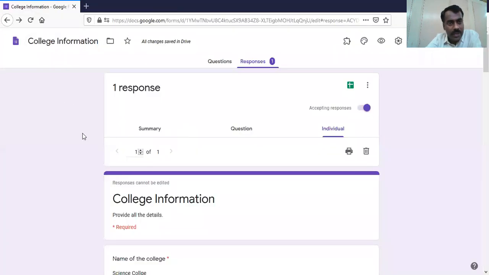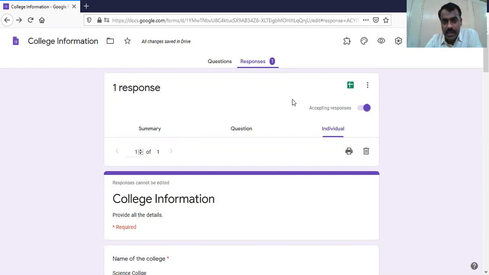Let's go back to our discussion. What have we learned or seen so far? We have created a form. We have added different types of questions. Then we have previewed the questions which we have typed. And as a demo, we have submitted one response and we have seen those responses from this tab. And we have exported that data to an Excel sheet so that we can save it for our purpose. Right?